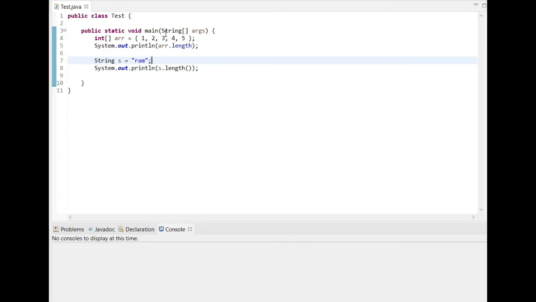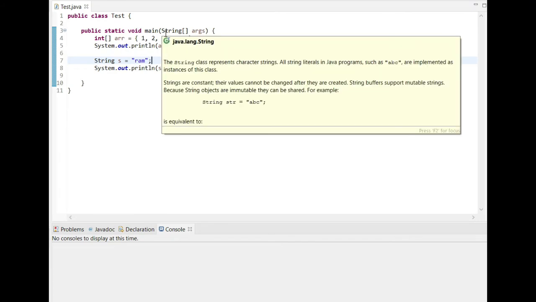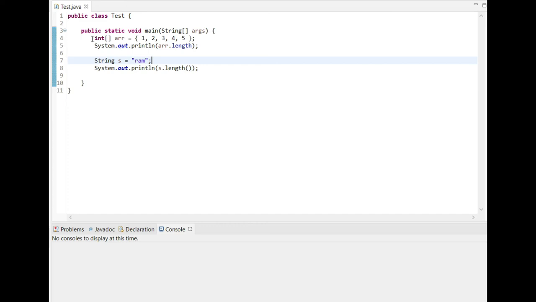So this one is the example of length variable and length method. First we will see the length variable. The length variable is applicable for arrays. If we want to find the length of the array, then we use the length variable.